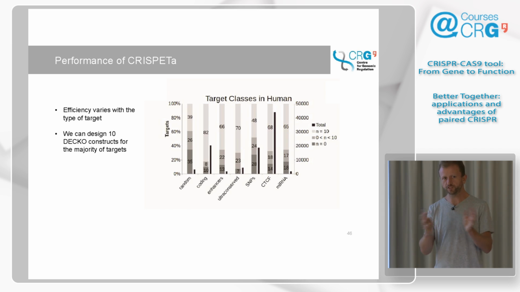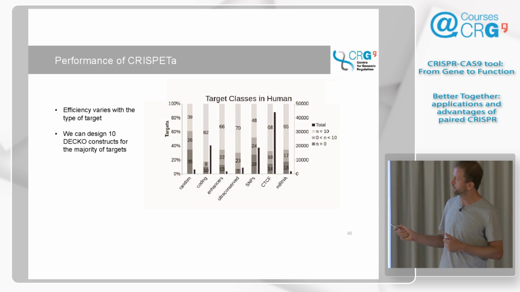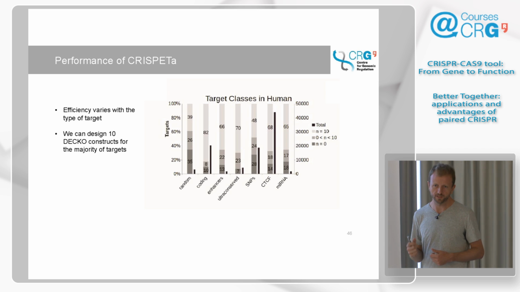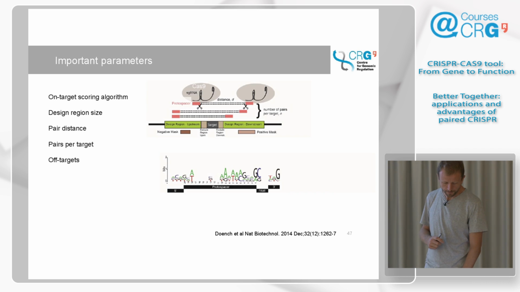So if you take random regions of the genome, it's actually quite tough to design because they're very repetitive and they've got other properties which are not very conducive to designing guide RNAs. Whereas if you take, for example, protein coding genes, which are much less repetitive, for 82% of the genes that Carlos gave it, it was able to give a full 10 pairs for deletion. Anyway,